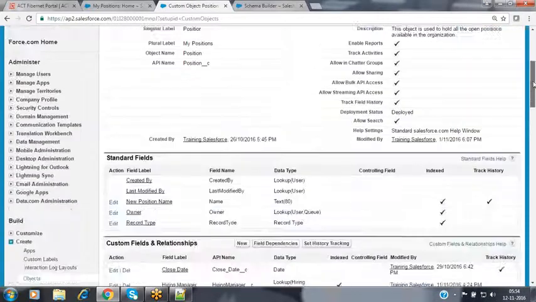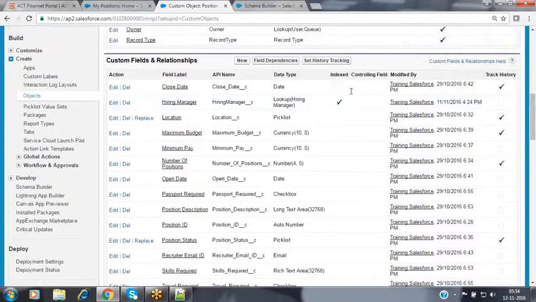How do you know whether the association has been mapped? Now here, inside your position object fields, we have created one custom field with the name hiring manager, which is a lookup relationship field with an object called hiring manager. So now hiring manager is the parent object and the position is the child object here. Now observe this one. We have mapped that lookup relationship. If you're mapping that lookup relationship, then what will be the functionality here? Now we'll see practically one by one.